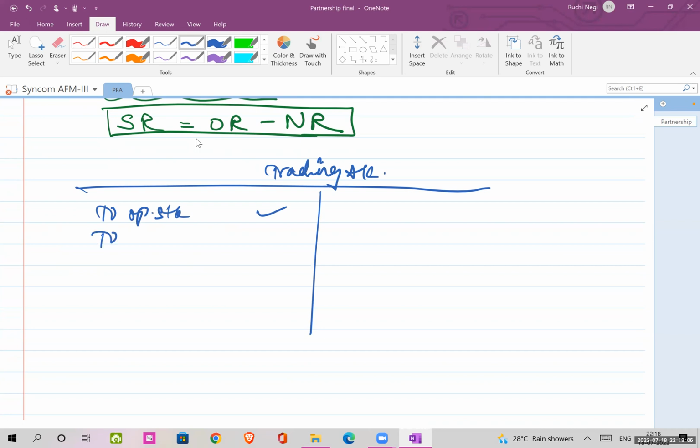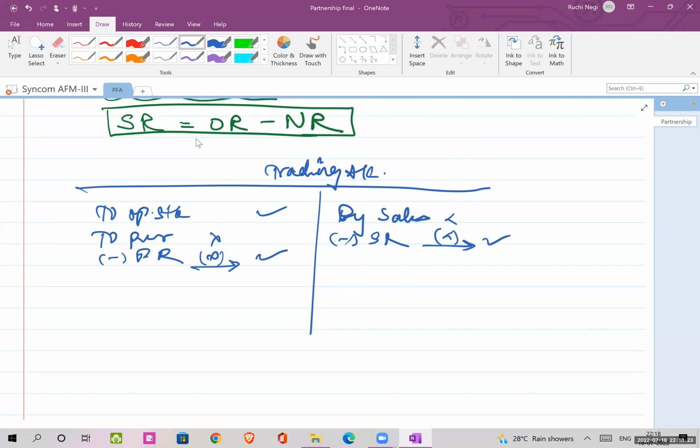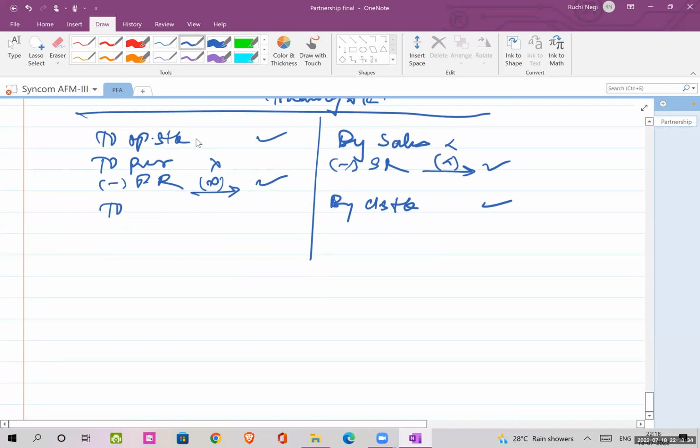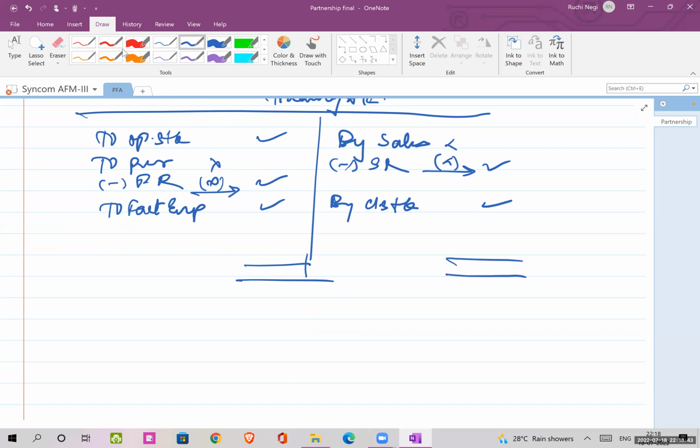your purchases come on the debit side with less purchase return. Okay, see, I'm taking the figures like this here. Sales will come here, less sales return. Okay, it will come here, I will take it in the outer column. Then I will be taking my closing stock. Okay, here, correct. And what else will I have? If I have any factory related expenses over here, factory expenses, I can take it here. And when I close this column, I will get gross profit,